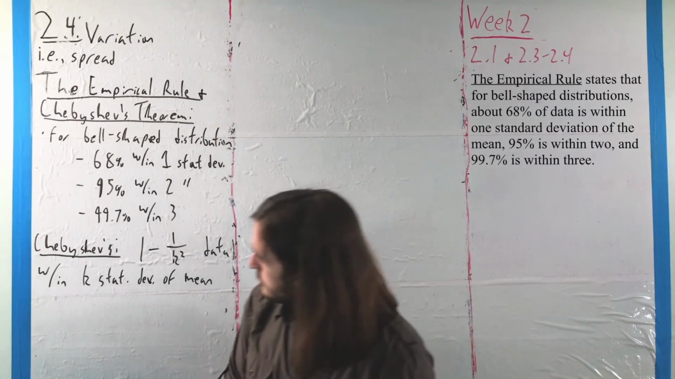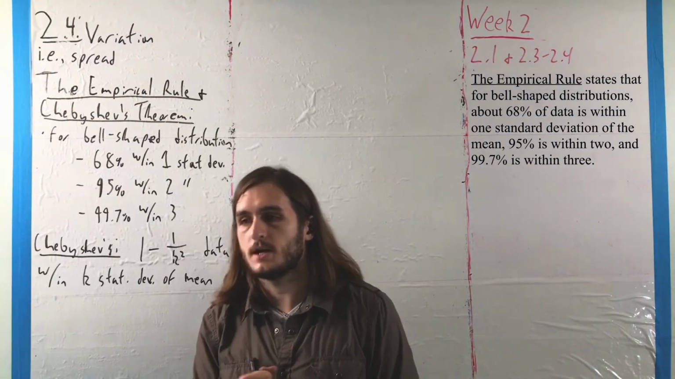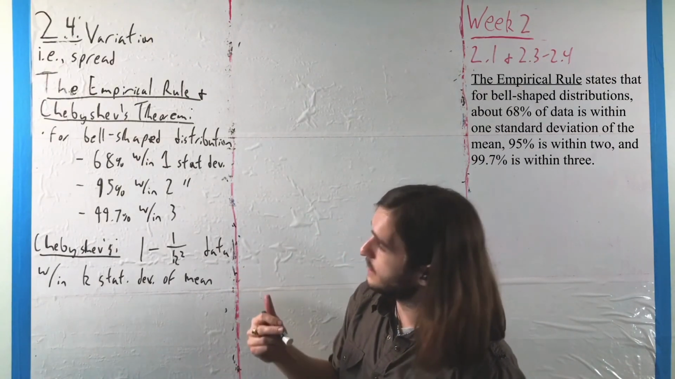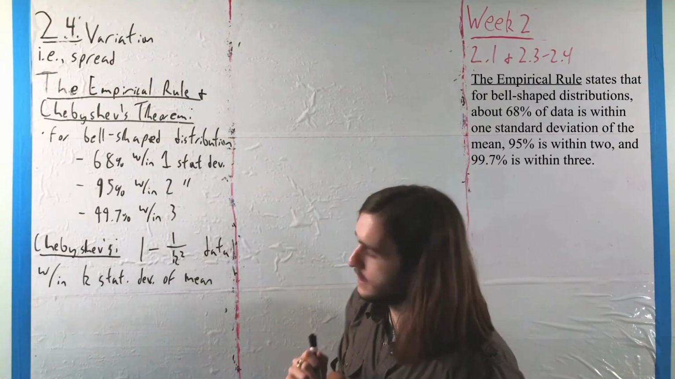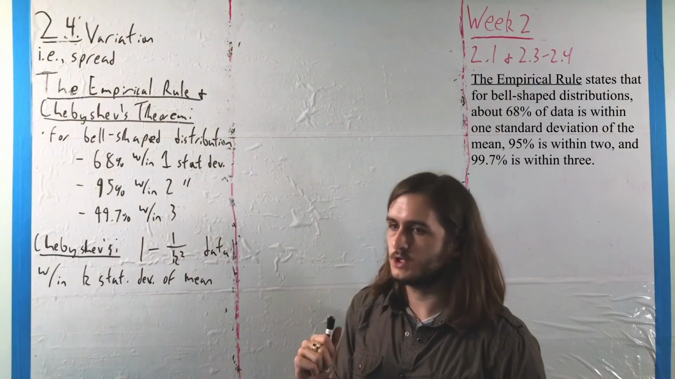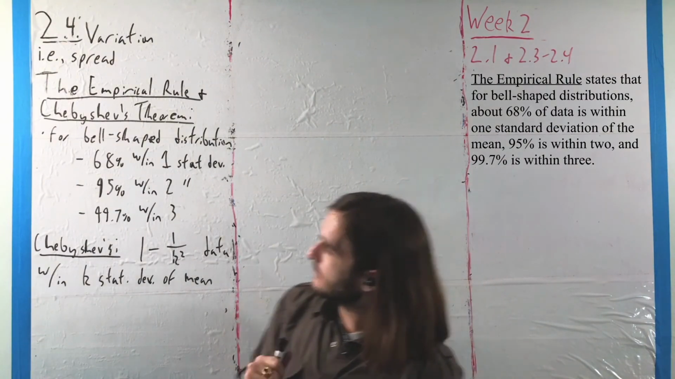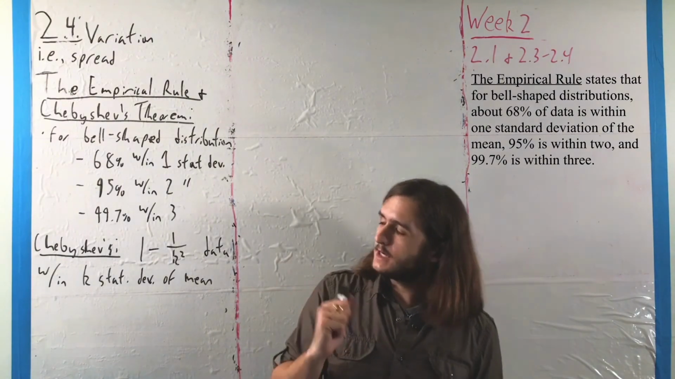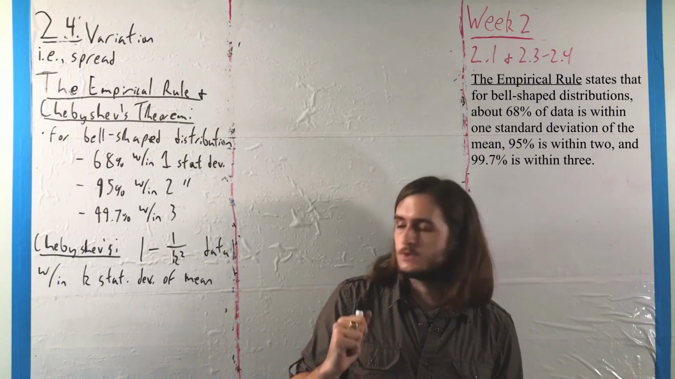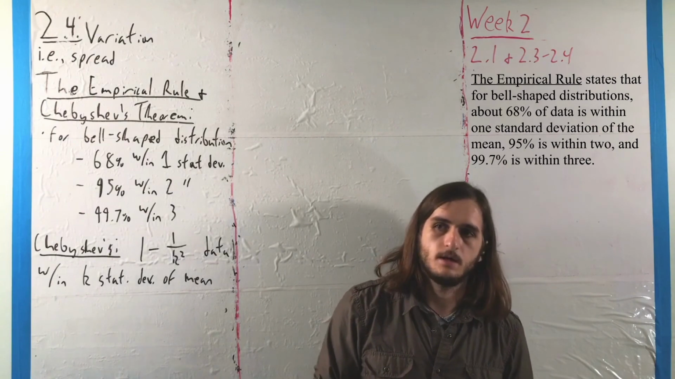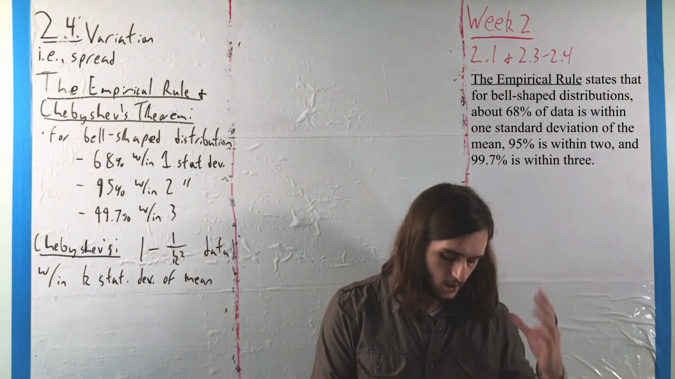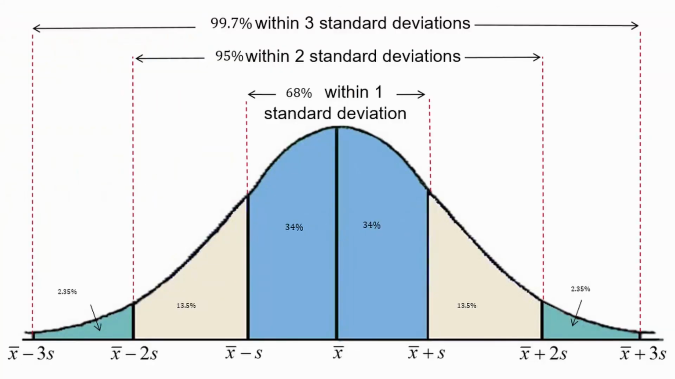What the empirical rule says is for a bell-shaped distribution, for a normal distribution, we have that about 68% of data is within 1 standard deviation of the mean, about 95% of data is within 2 standard deviations, and about 99% of data is within 3 standard deviations of the mean. And that says a lot, but really to understand this it is better to look at a picture where we can